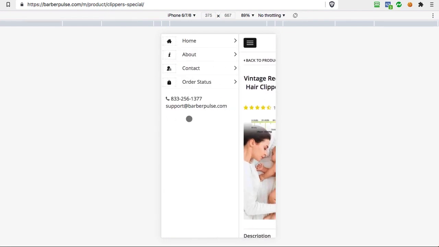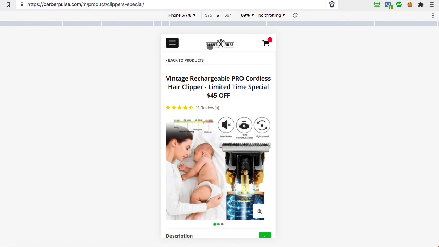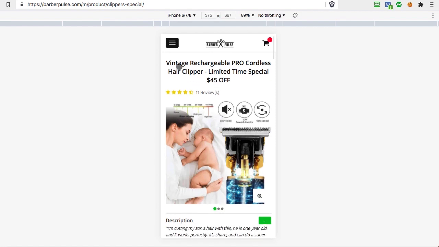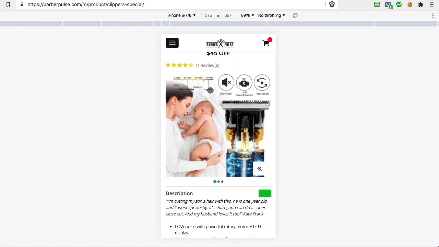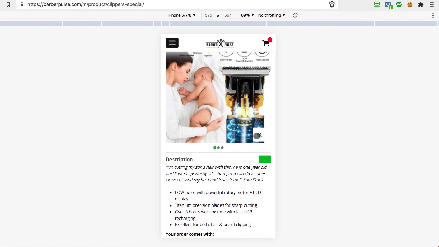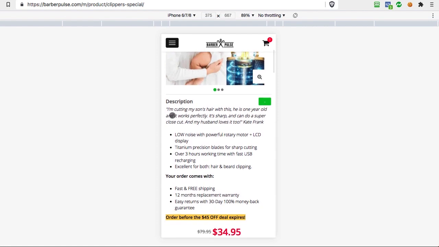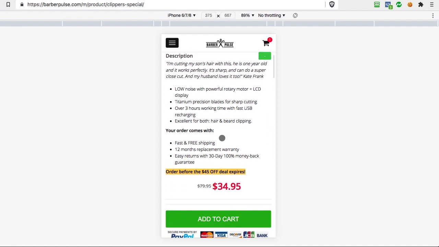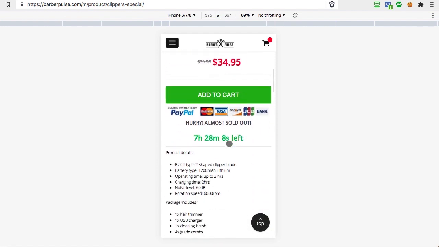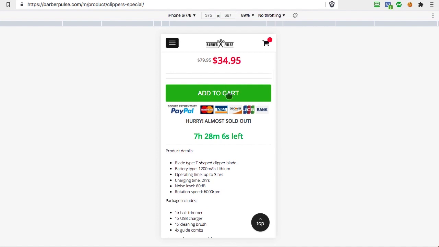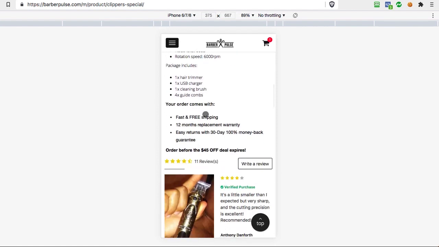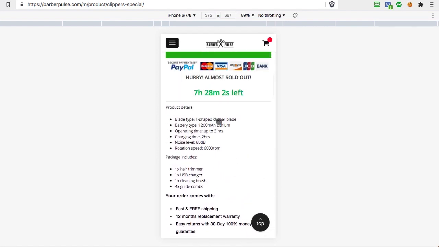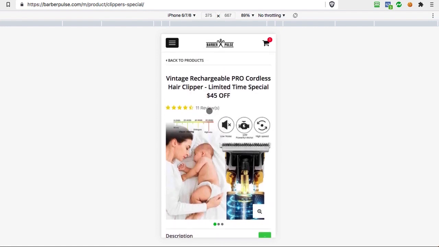Starting from the top here with all the information, then logo here, then title at the top, reviews above the image, then featured image, zooming. Here is this option where you can collapse or expand the product description, pricing comparison, timers, add to cart button, and all the other elements that are important. And we are constantly improving this.